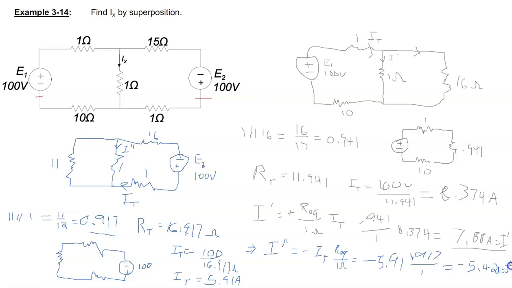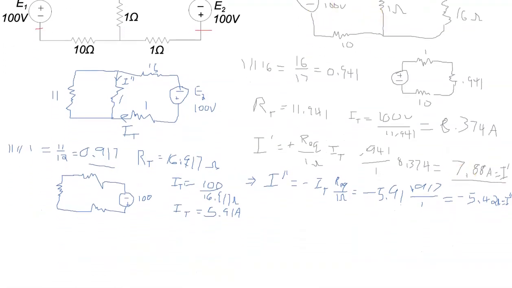Okay, so now the current through the 1 ohm resistor, which is IX now, is simply the sum of those two. And so IX, and because we took the polarity and directions and so on into account already, we don't have to worry about them here, simply the sum. So I prime plus I double prime. And so that gives us now 7.88 amps plus negative 5.42 amps, or subtract